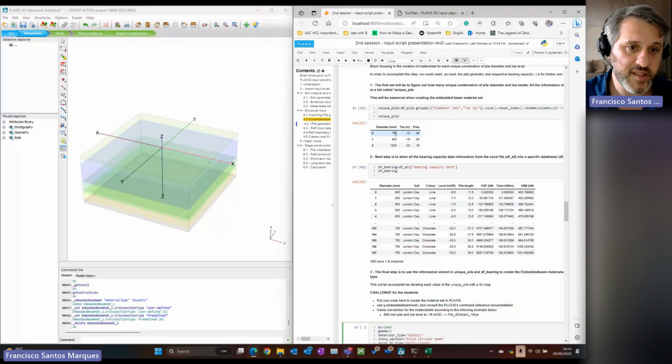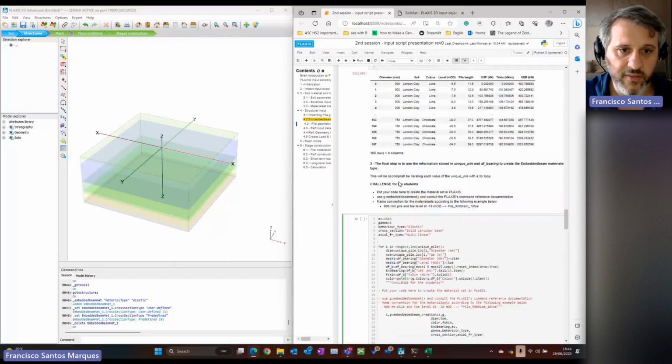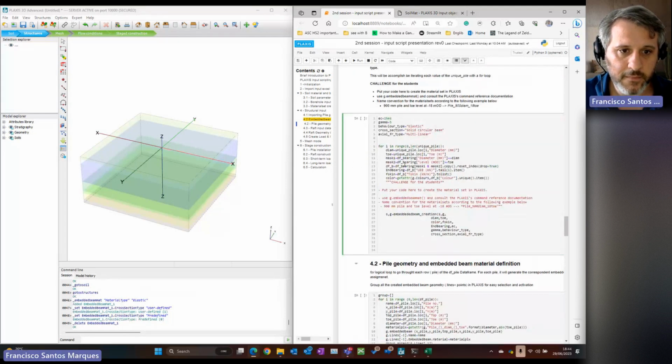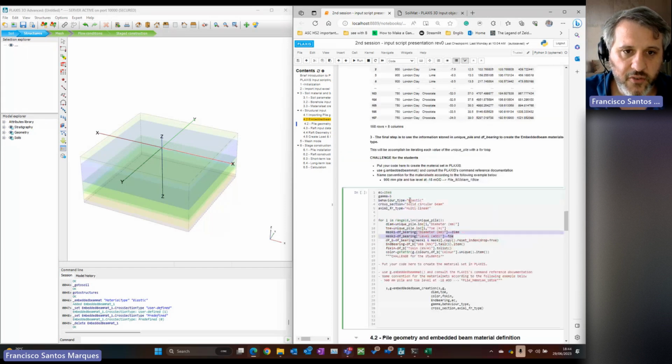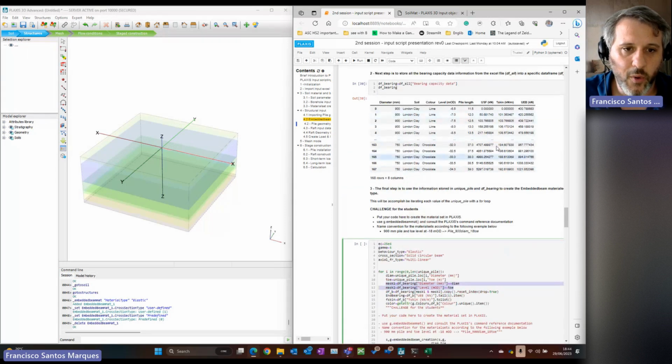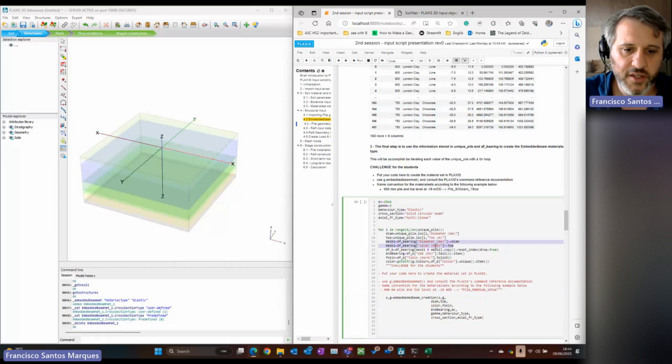The first diameter is going to be 750, toe level minus 10, and then you can filter. These masks are a special operation in pandas. Now that I have this information, I want to filter it to represent only the piles that have diameter 750